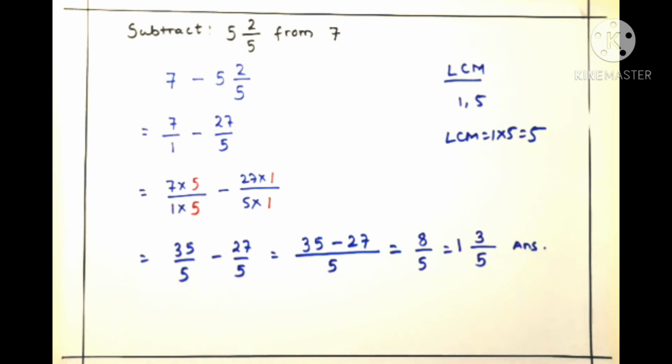So here you have to remember that whether it is a mixed fraction, a whole number, a proper fraction or an improper fraction, if they are unlike, the different denominators have to be converted into equal denominators, that is by using the LCM method. If we take out the LCM, we'll get the common denominator, and then we'll follow the equivalent fractions concept, so that we get like fractions, and when we get like fractions, it will be easier to subtract.